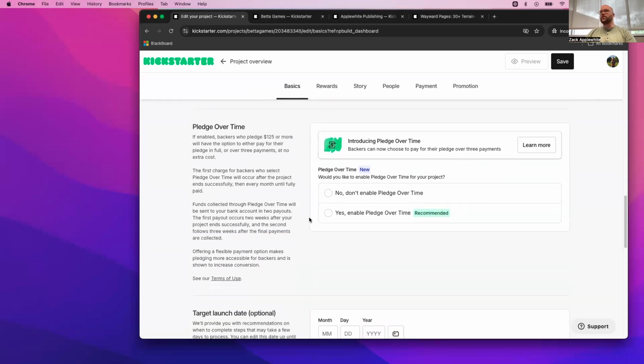Okay. Here's one of the new Kickstarter features that they've been rolling out, the pledge over time. I did a whole post about this on LinkedIn and Reddit and in my Discord. But it won't really apply to the micro side. I still want to go over it because it's important for the long term, which is backers who